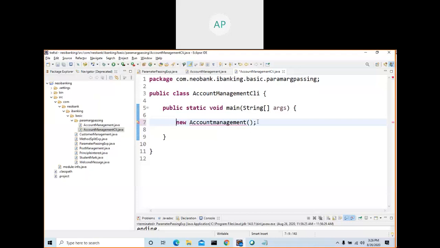After this statement executes, an object is created, memory area is allocated, and this statement will return an address. So where are you going to store the address? Store it in a variable. What should be the variable type? The class name is the variable type. Now assign it to a variable, any name. So what is the data type? The data type should be your class.